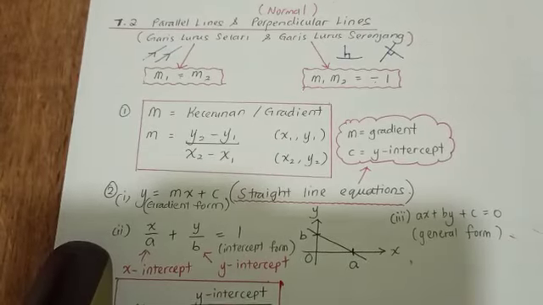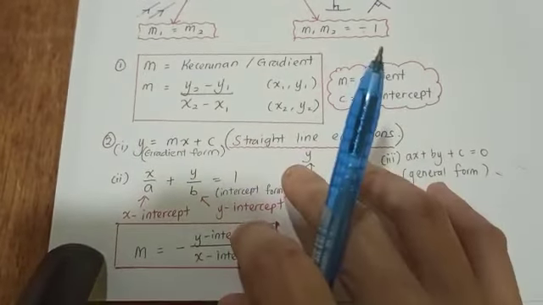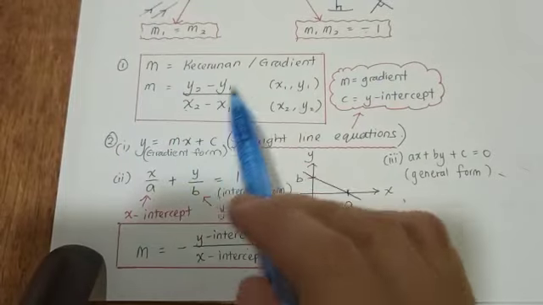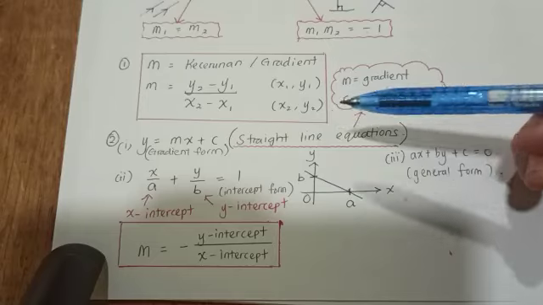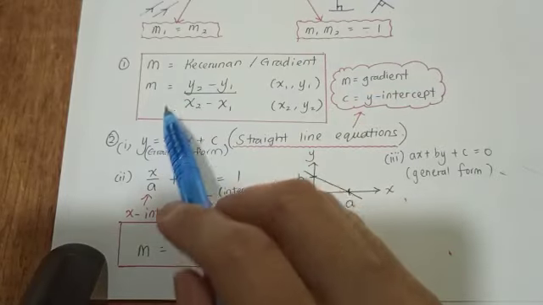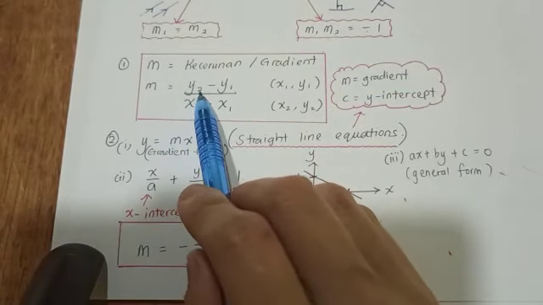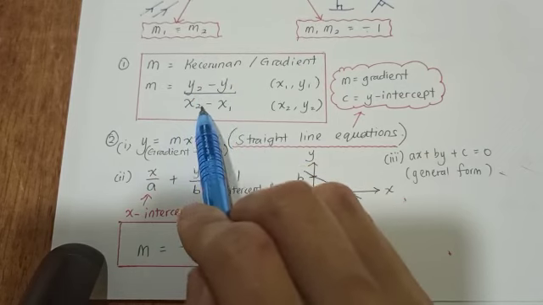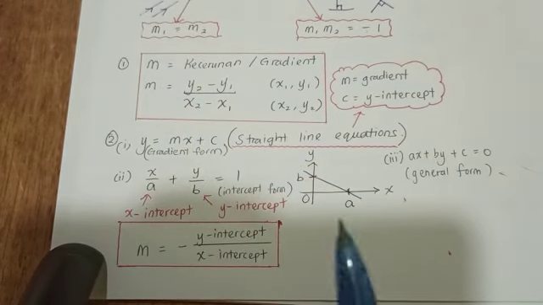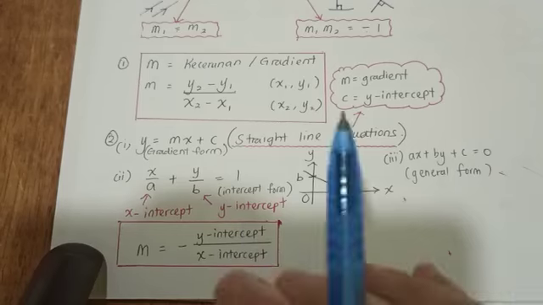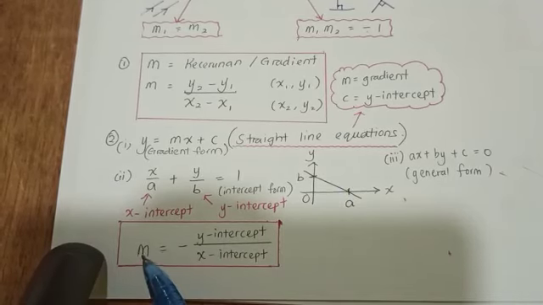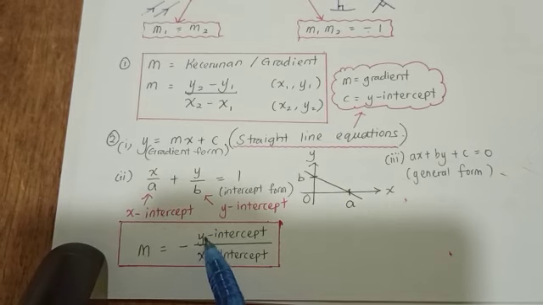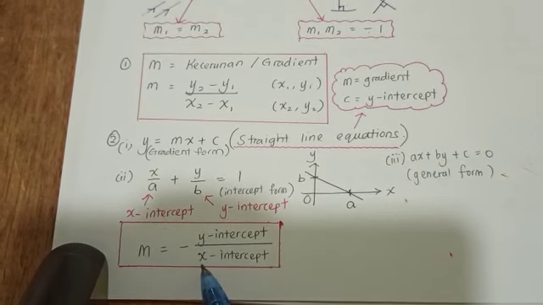And then for your information, we have two formulas for gradient. The first formula, ini yang paling biasa. Let's say you have 2 points, two coordinates. So the kecerunan equals to y2 minus y1 over x2 minus x1. I believe you already learned in your maths module. Okay, the second formula for gradient is gradient equals to negative y-intercept over